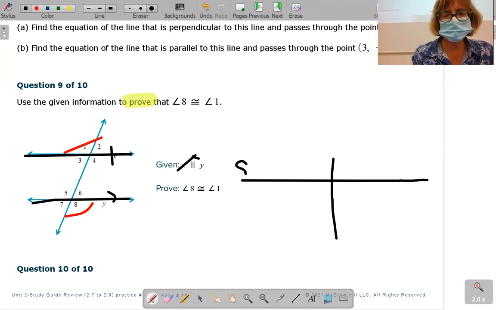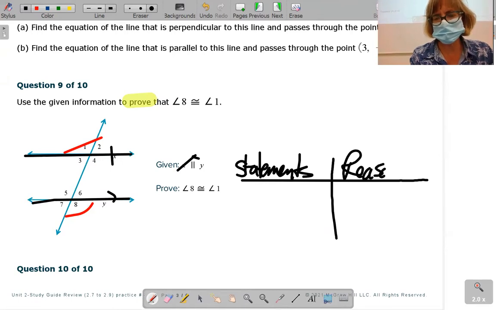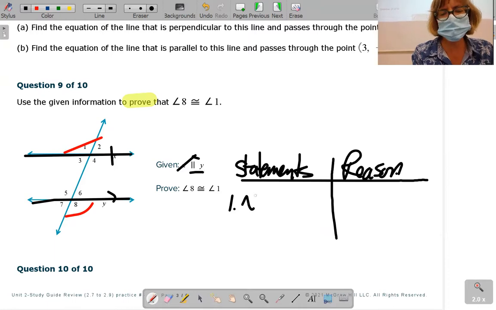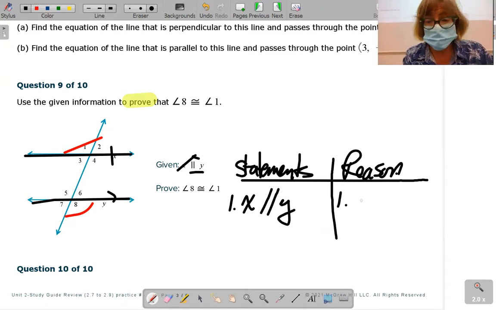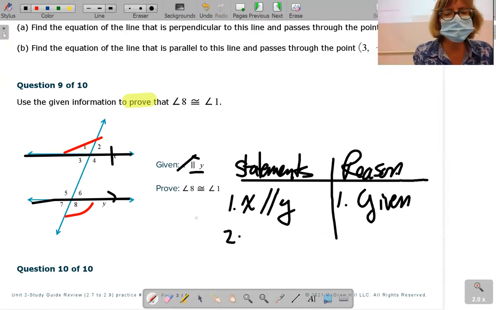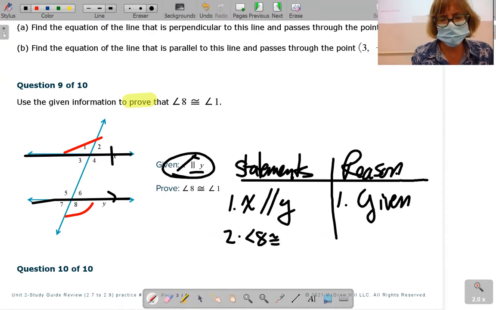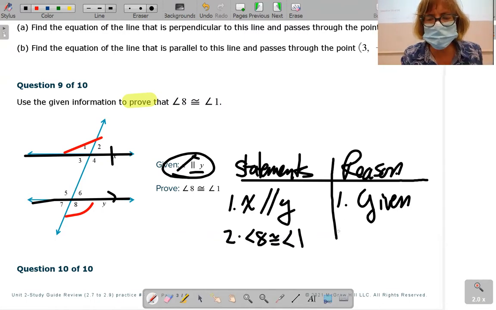Statements is how ALEKS likes it. Statements, reasons. So we're going to start with our given, the fact that line X is parallel to line Y, and the reason there is given. Now watch the order here. We're starting with parallel lines. Now we can say that angle 8 is congruent to angle 1, and the reason is